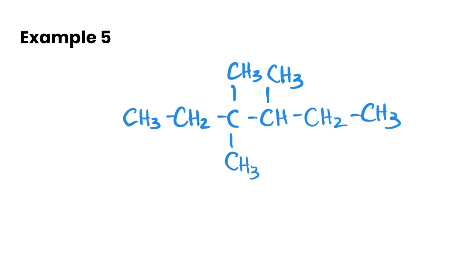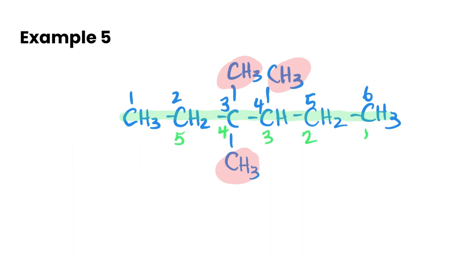Okay, last example here. Finding our longest chain is actually just straight across here. And we've got 1, 2, 3, 4, 5, 6 carbons. And then we have a methyl here, here, and here. So if we number it, I think if we go 1, 2, 3, 4, 5, 6, that's going to give us lower numbers. Then if we were to go the other way, 1, 2, 3,